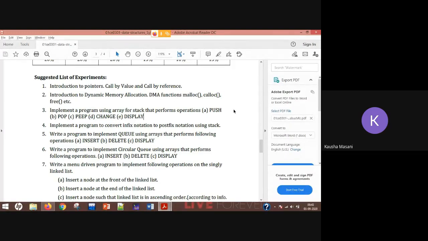Linear data type, okay, correct. Then what are the things? Non-primitive, no, it is not non-primitive. Oh yes, it is, wait, yeah, it is non-primitive. Then what else?